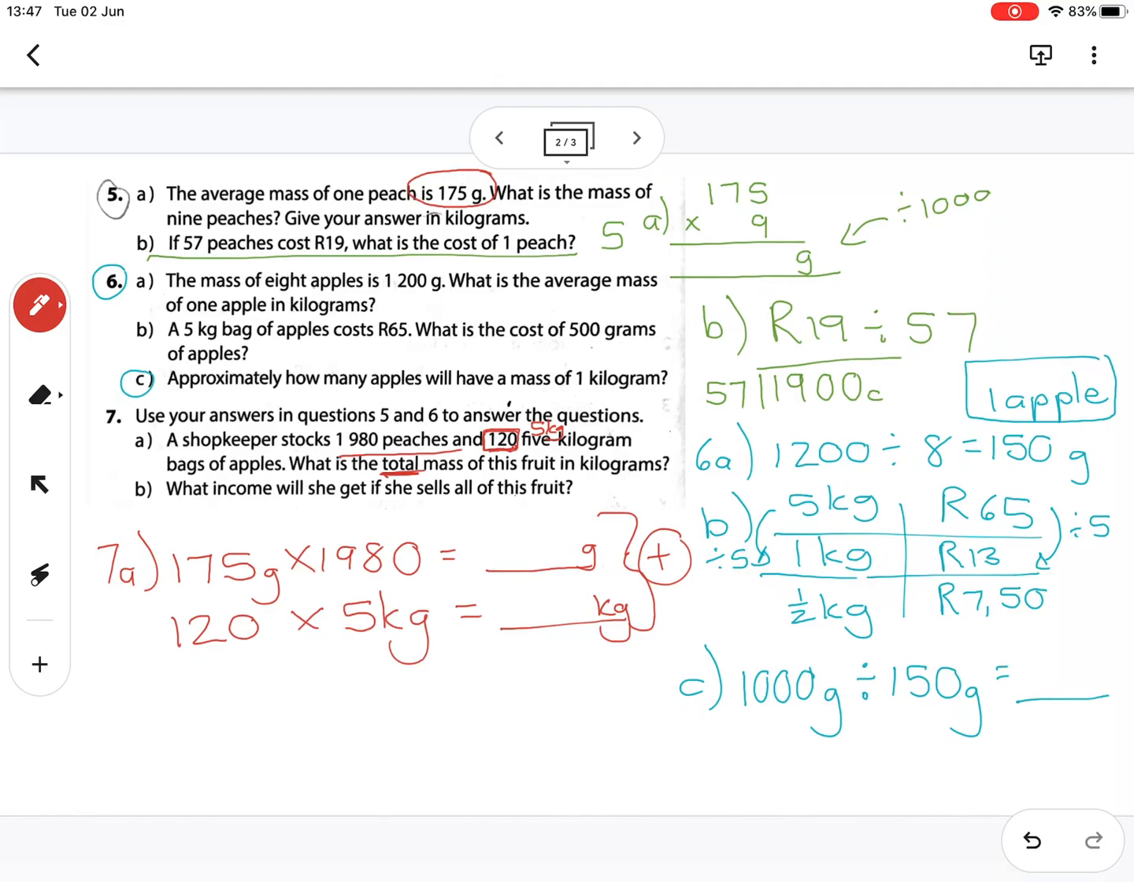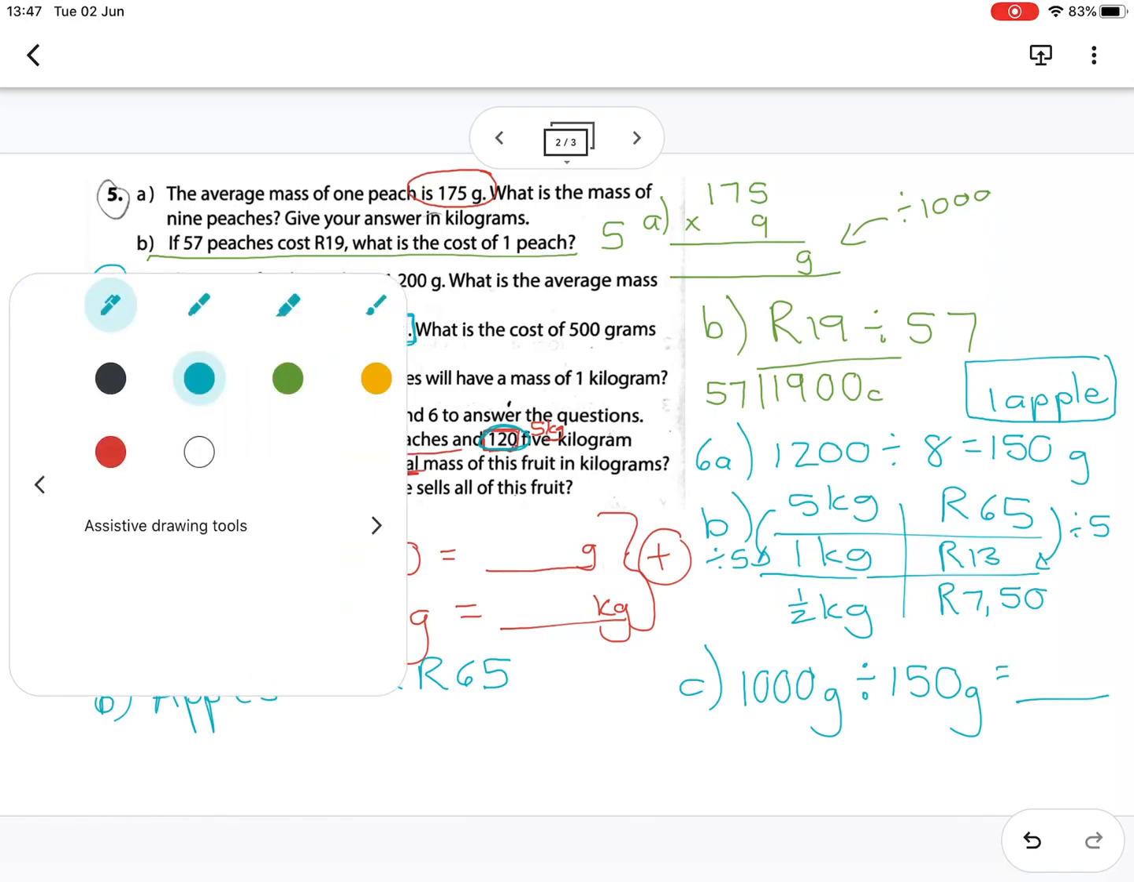You've got your bits and pieces of information that you need, because you know a 5 kilogram bag of apples costs 65 rand. It was said there. And she's got 120 of them. So for the profit she's going to make on apples is going to be 120 bags, and each bag will get her 65 rand. The profit she'll make on peaches,